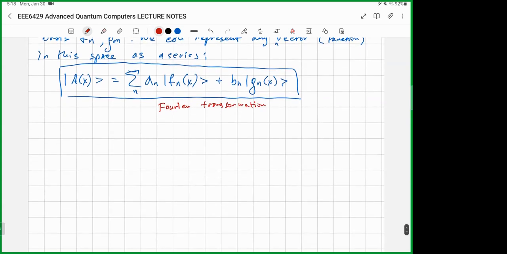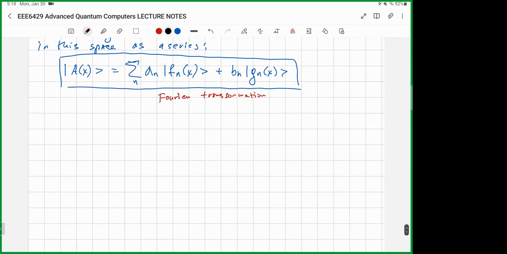And taking the product of this Fourier transform, for example, by fm of x, bra, on the left, what I get is the following: